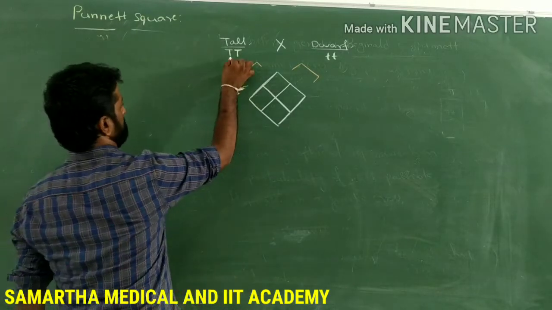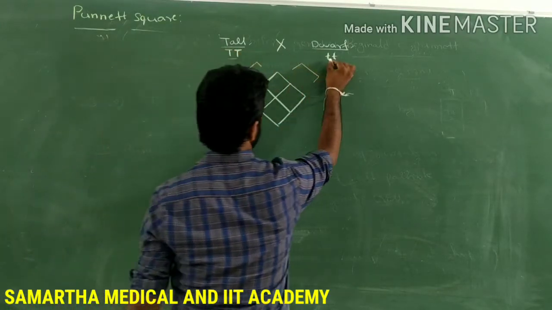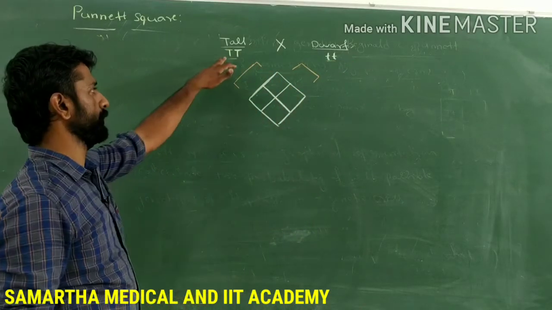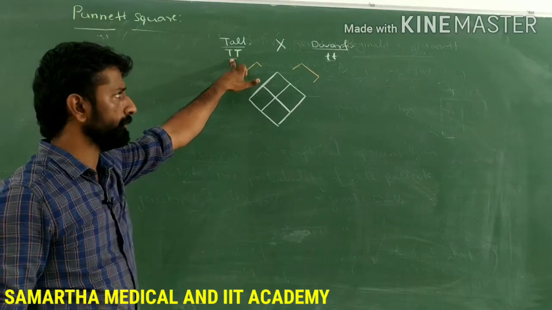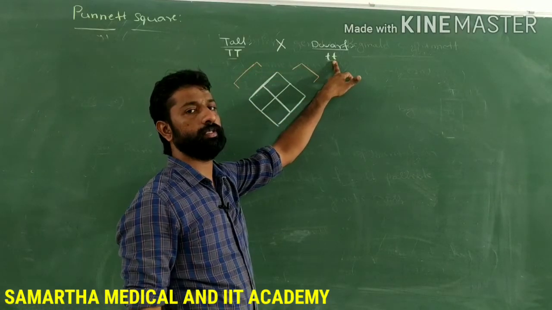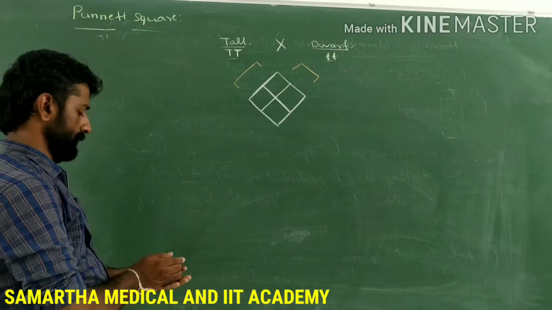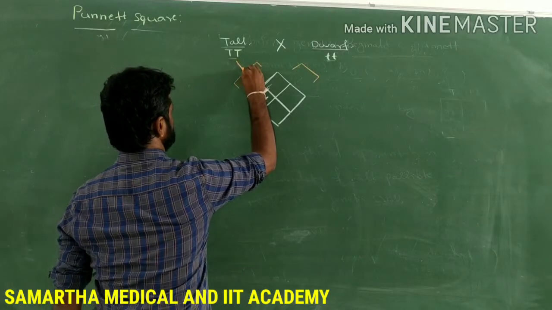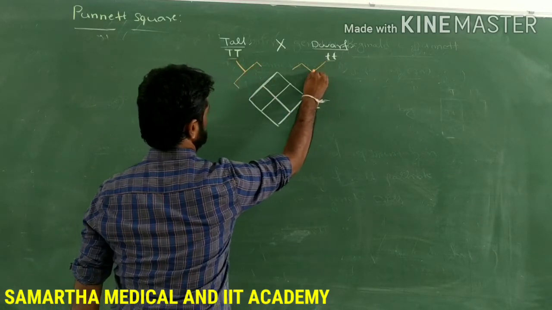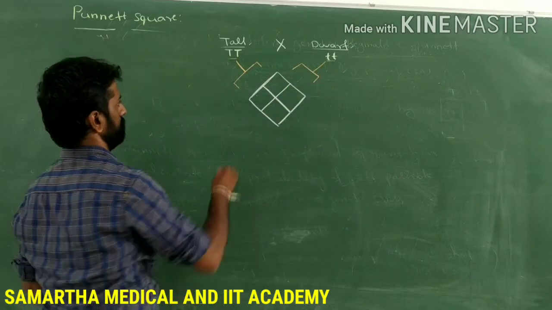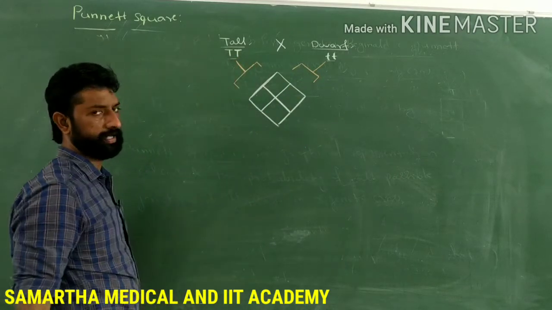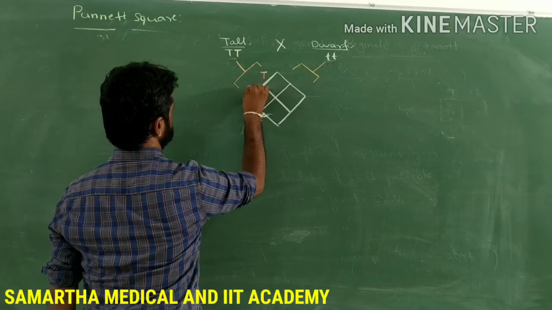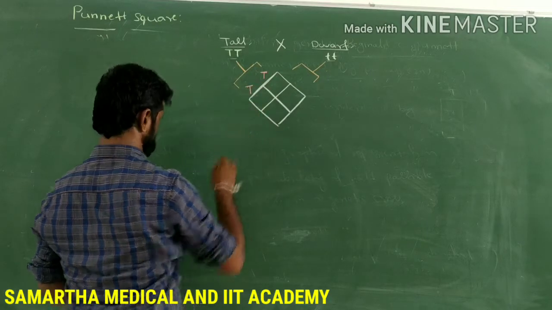We know their genotypes are homozygous tall and homozygous dwarf. Homozygous tall means capital T, representing the dominant allele, both dominant alleles being present in the allelic pair. In dwarf plants, both recessive alleles are present as a pair. So when such a parental generation produces gametes, as they have identical alleles, they produce gametes of the same type.